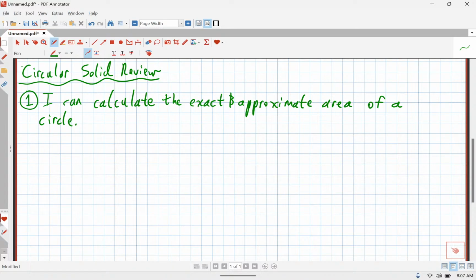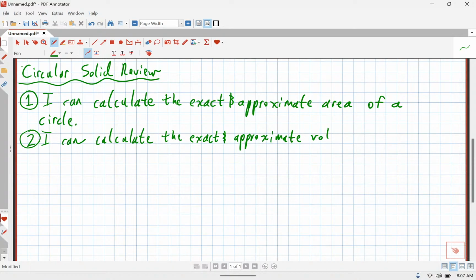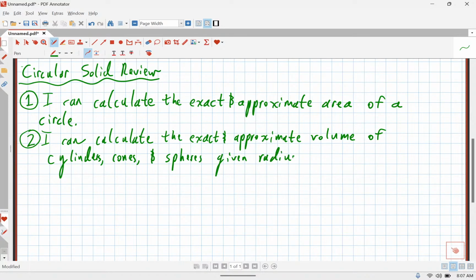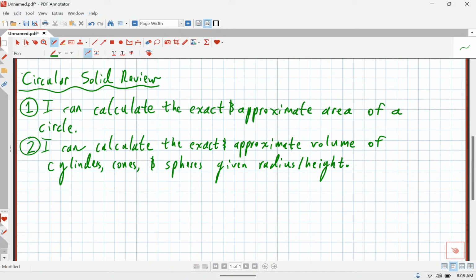Okay, beautiful. Level 2. I can calculate the exact and approximate volume of cylinders, cones, and spheres given radius and height where appropriate, right? Because spheres don't really have height. They just have a radius, which is exactly what our warm-up was today. How many of us feel like we can manage those level 2s there? I've had a lot of people ask, wait a minute, then what the heck is a